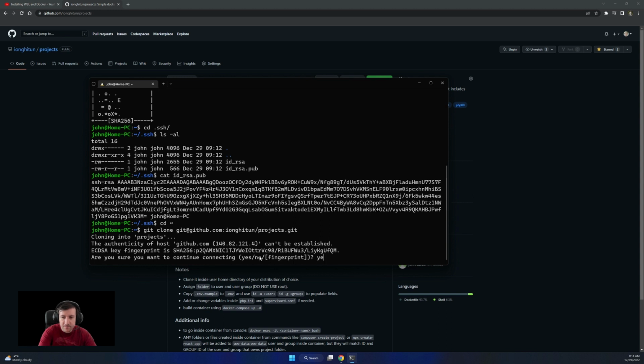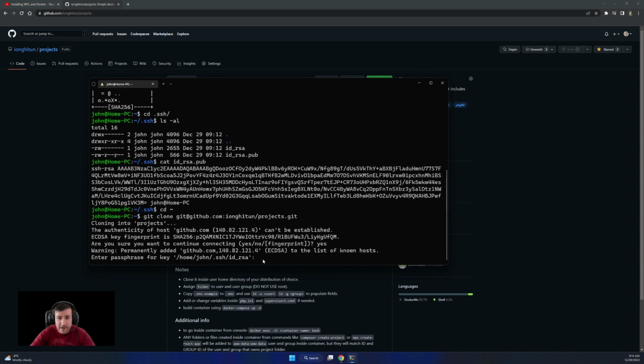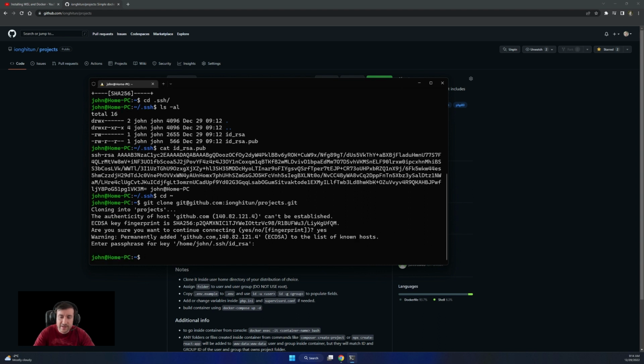It will ask me for the password of my key. Let's assume I don't want to enter the password every time I use an SSH key. So I do a git pull, and I don't want to use a password, or I want to clone some other repos of mine and I don't want to use a password. In order to not have to enter your password every time, we can set up an agent, and the agent will use that key every time we want to do something with Git.